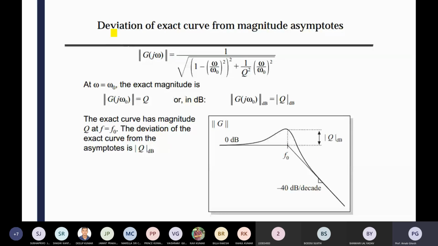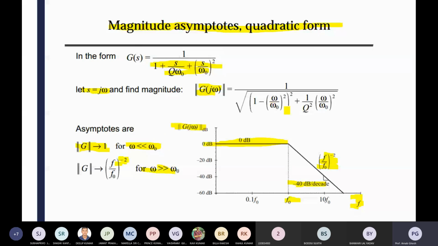So the deviations of the exact curve from the magnitude asymptotes. I think you are getting this one, no? So take the square of the real part and the imaginary part. You can place j omega over here, so it is j omega by Q omega 0. The j means it is the imaginary part. In the modulus form, it is j omega square by omega 0 square, so j square omega square whole divided by omega 0 square. So j square means minus 1, so it is coming 1